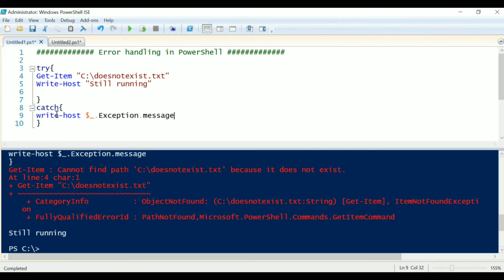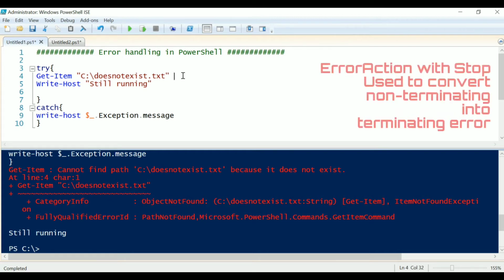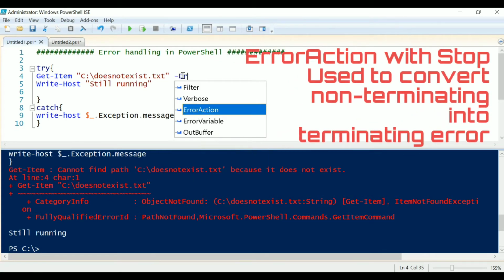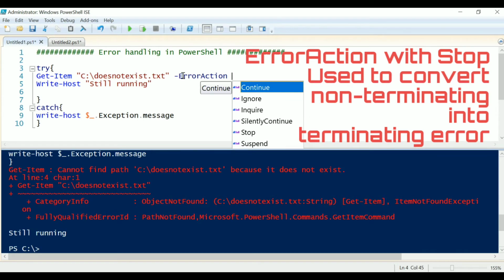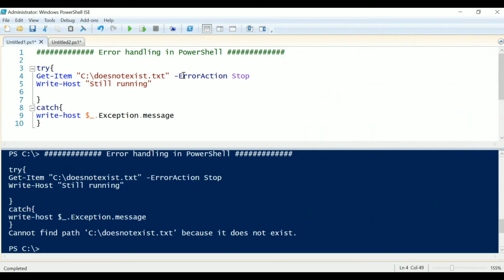So we first need to convert this non-terminating error into a terminating one. For that, every PowerShell cmdlet supports one parameter, that is ErrorAction, and after that multiple values can be provided. I am using Stop to convert this error into a terminating one. So now if I execute my program, you can see we got output from the catch block, that is cannot find path because it does not exist.